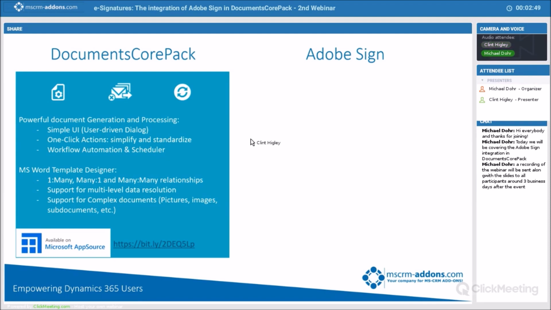It's basically a powerful document generation and post-processing tool, so we can actually generate documents and do things post-processing with them, like sending the document via email or saving that document to SharePoint, etc. All this is done with a simple user interface. It's either a user-driven dialogue where you can click your options and choose from different options, like what you want to do, what kind of document you want to create, or what you want to do with it afterwards. Or you can take all that and define that into a one-click action, which basically is going to simplify and standardize